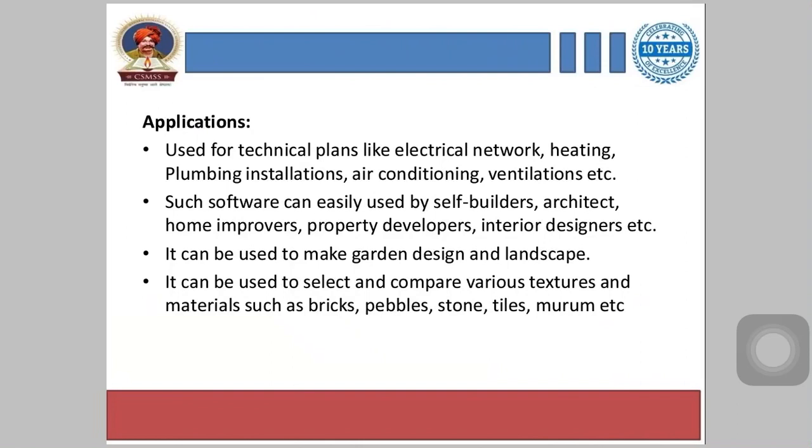So this software is basically used for electrical networks, plumbing, ventilation, air conditioning, etc. And to design and position your doors and windows according to your specification such as size, color, texture, location, direction of opening. For this also it is used, and it makes garden design and landscape easy, which includes the mark out of an area, and we can add plants and flowers and watch them grow with the help